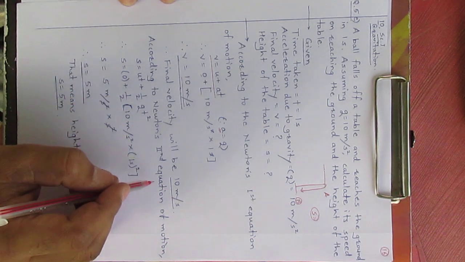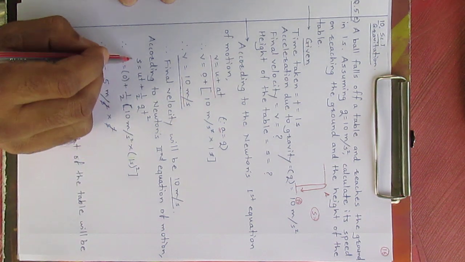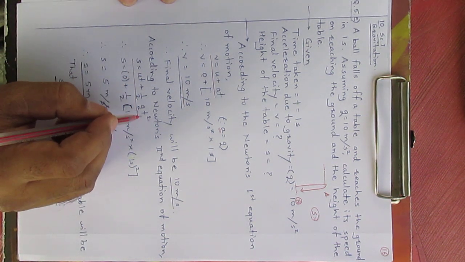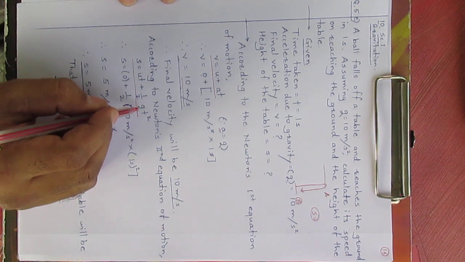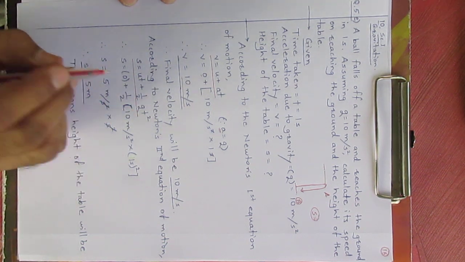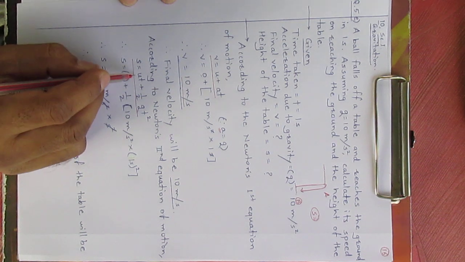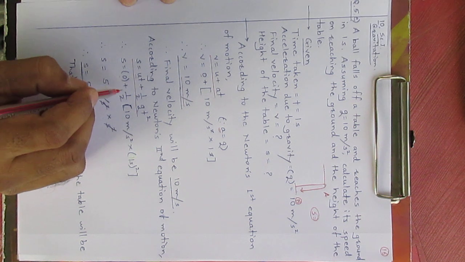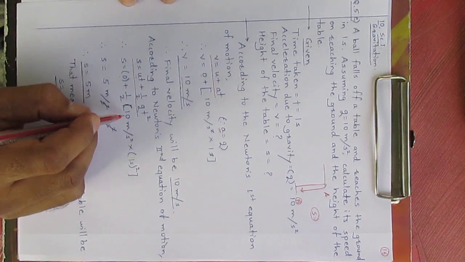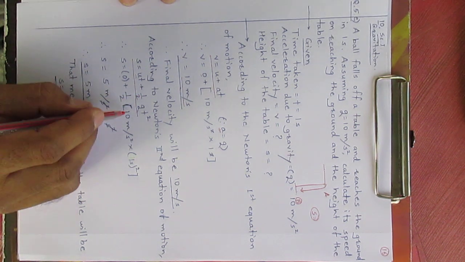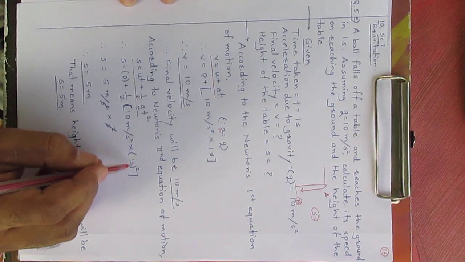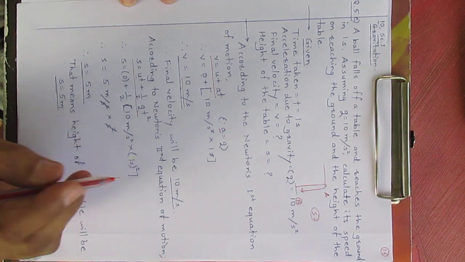According to Newton's second equation of motion, the equation is like this: s is equal to ut plus 1/2 gt square, where a is replaced by g. Now s is equal to ut, which is 0 because initial velocity is 0, plus 1/2 gt square, that means 10 meter per second square into 1 second raised to 2. Therefore